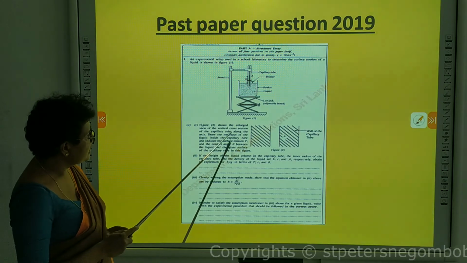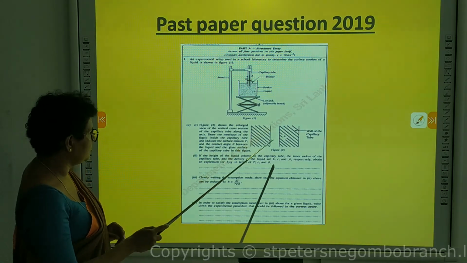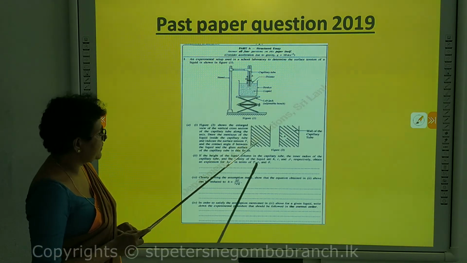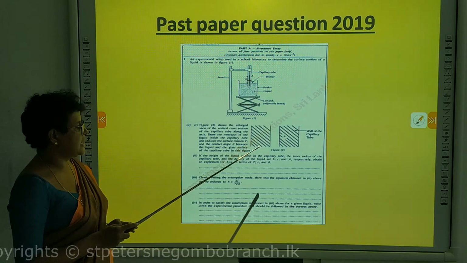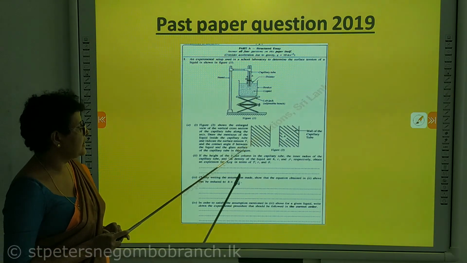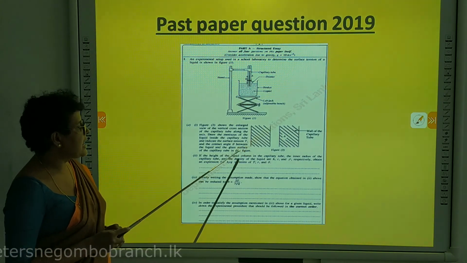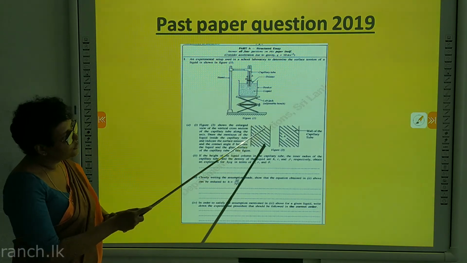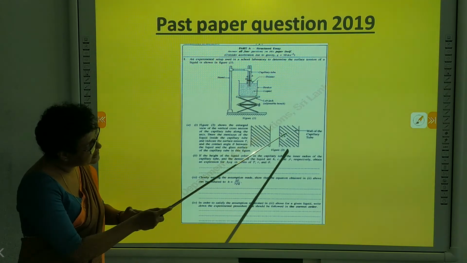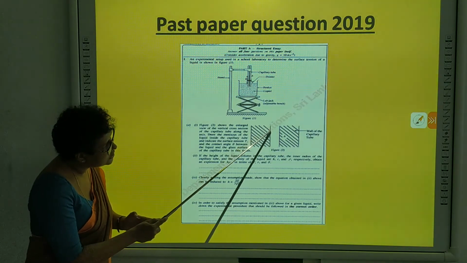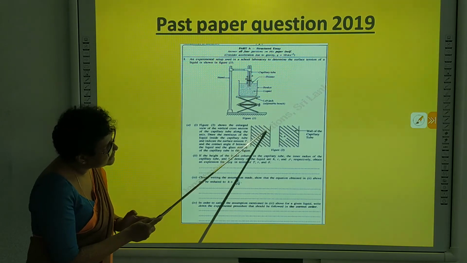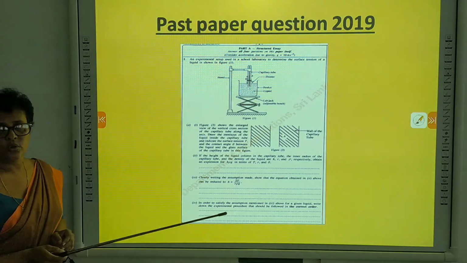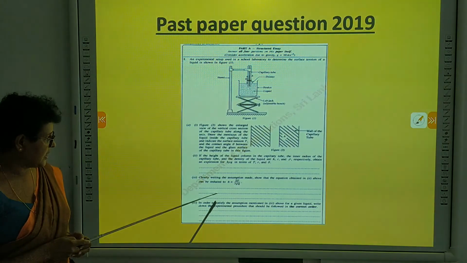The view of the vertical cross section of the capillary tube along the axis. Draw the meniscus of the liquid inside the capillary tube and indicate the surface tension T and the contact angle theta between the liquid and the glass surface of the capillary tube in this figure, right? Now this is the capillary tube, right? These are the walls. So you just draw the meniscus like this and the tangent and T, right? And theta, that's all. Okay? Right. Now next question.